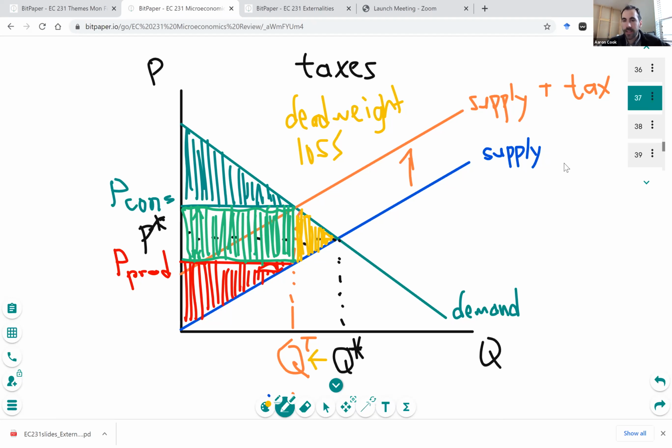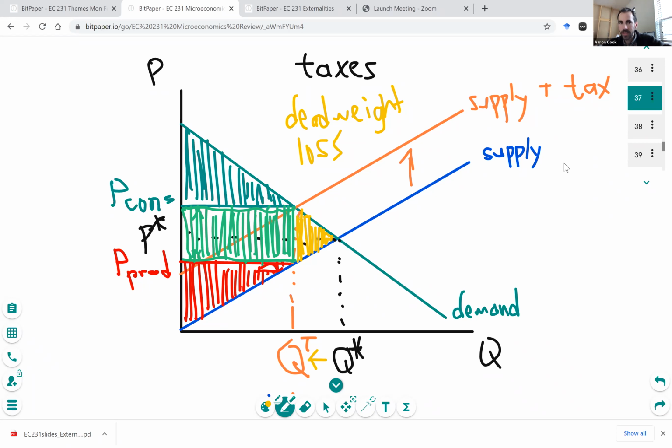I like to think about the tax as being something that you tack onto the supply curve, increase the height of the supply curve. You find the new equilibrium quantity, QT. You find the price that consumers pay at that QT. You find the price that producers receive at that QT. You compute the